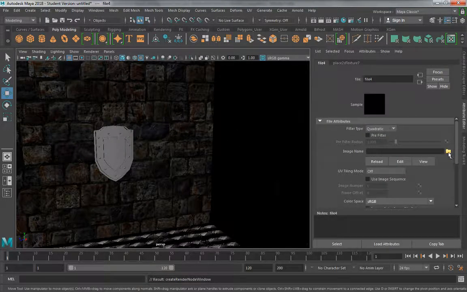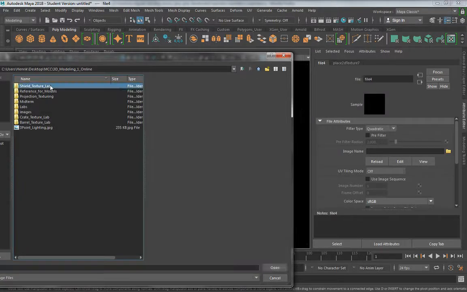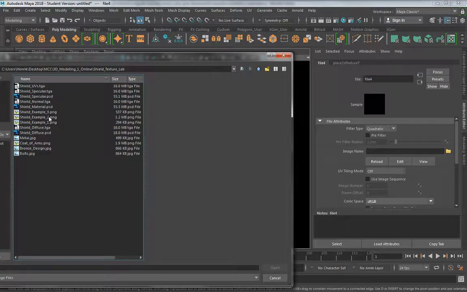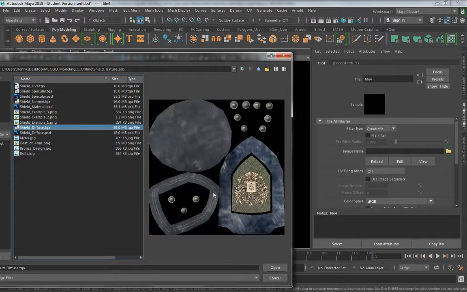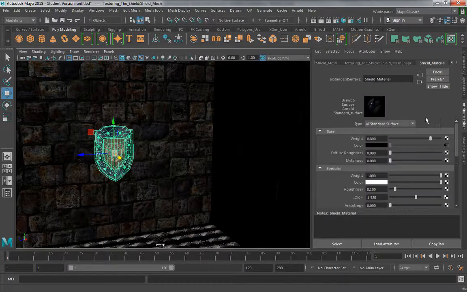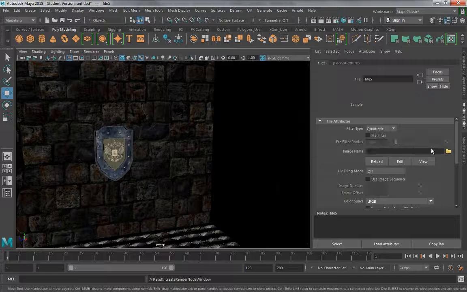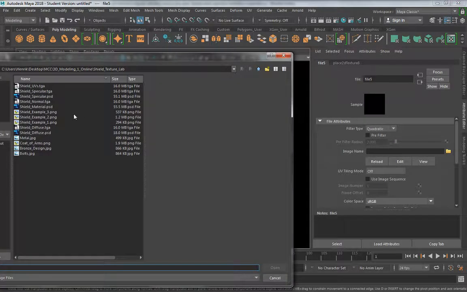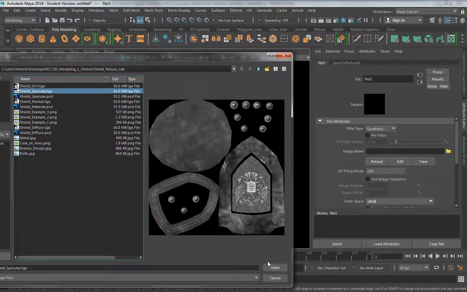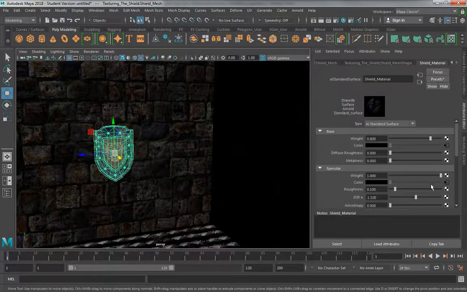File, open, and this will be shield diffuse, open, and then I'm going to apply my specular, file, open, shield specular, open, and then I'm going to include also the